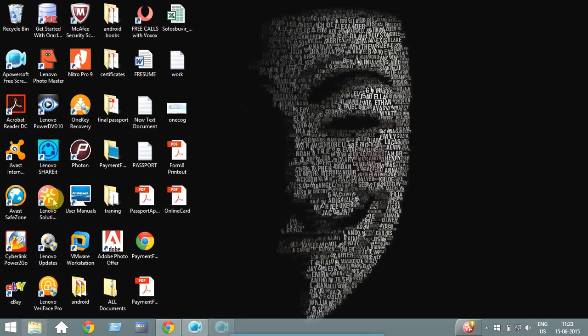Now you can see the image has become your desktop background and these are not the real icons. You can see that if you double click it, nothing happens because it's just an image. By this way you can make fool of your friends.